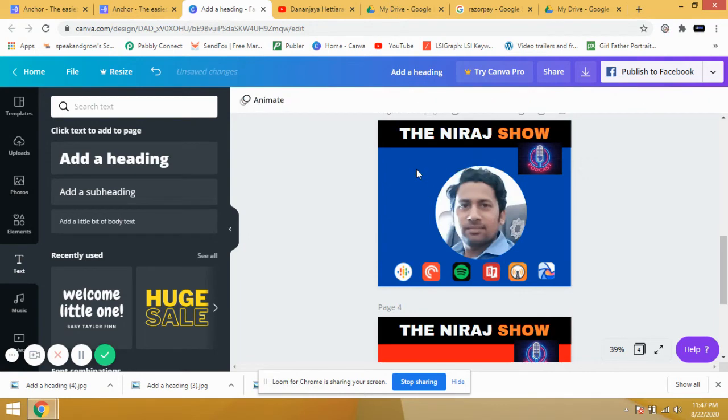Okay, now if you have any doubt, see, canva.com has two versions. One is a free version and one is a pro version. So the free version is enough for you for designing anything. And if you have any question about what type of sizes I have taken, I took the Facebook post size. Let me show you there, then you will get the confidence.